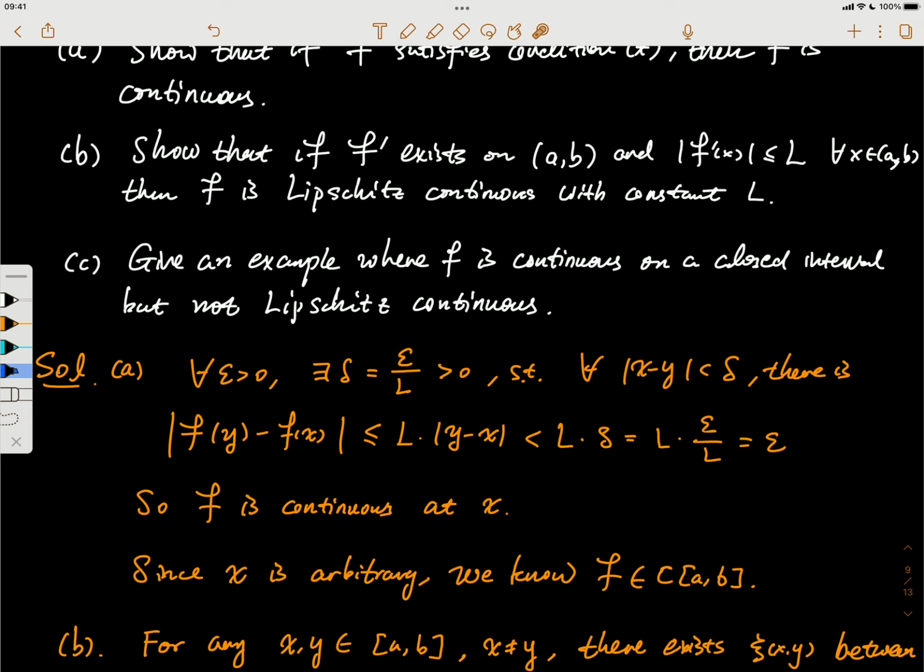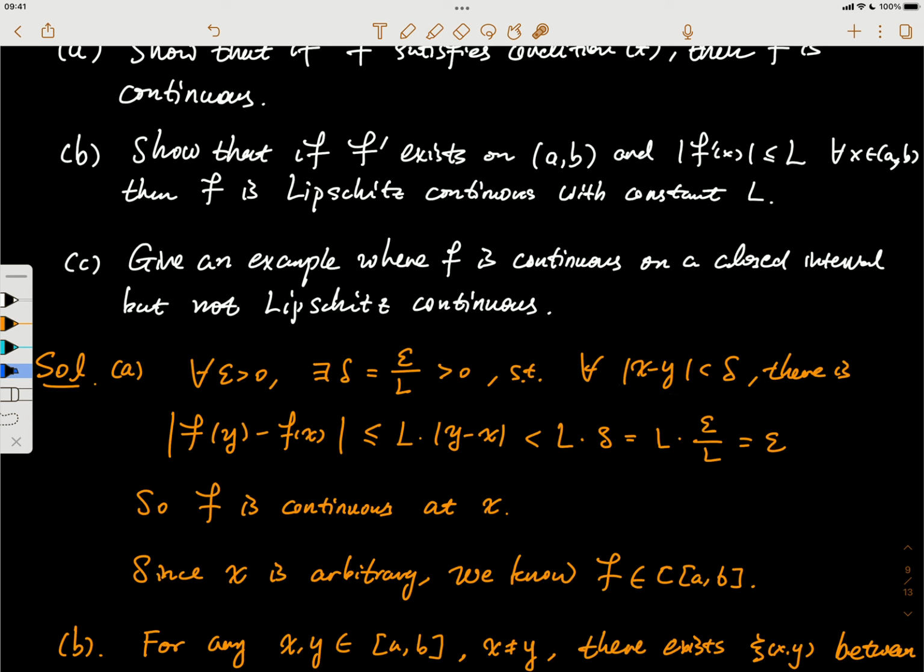the difference between f of y and f of x is bounded by L times |y minus x|. This is due to the Lipschitz condition. And then this distance here is set to be smaller than delta, so that's why this is less than delta times L. But the delta is set to be epsilon over L, so that's why it's L times epsilon over L, and this L cancels, we only have the epsilon left. So that means for any x, for any epsilon, we can find a delta such that this distance is less than epsilon